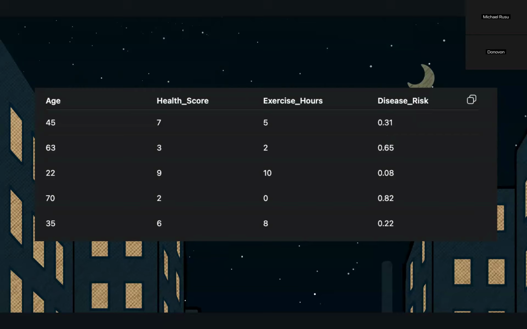Or you could do something really cool, and you can plot the relationships between the variables. This is all the features. We have pretty much three features, which are age, exercise, and health score. Let's say we're trying to predict your disease risk, like how at risk are you of getting a certain disease? And this will be actual data. We have pretty much three features and one target variable. So let's say we plot it.